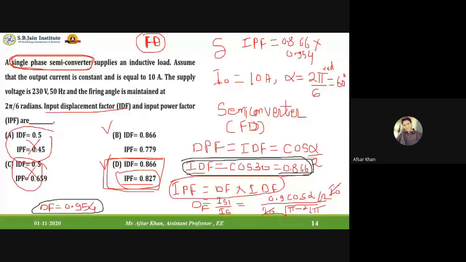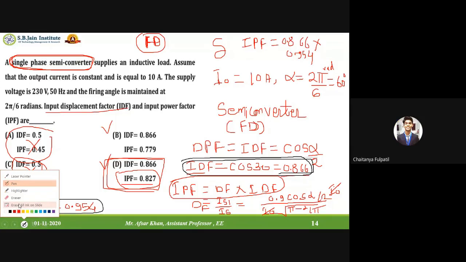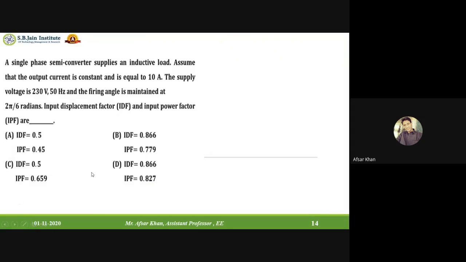Okay, should I erase this, students? Yes, respond. Should I erase this? Yes, sir. Yes. So